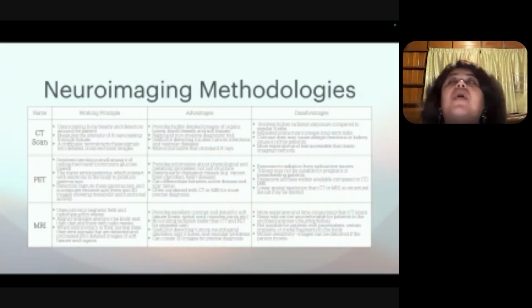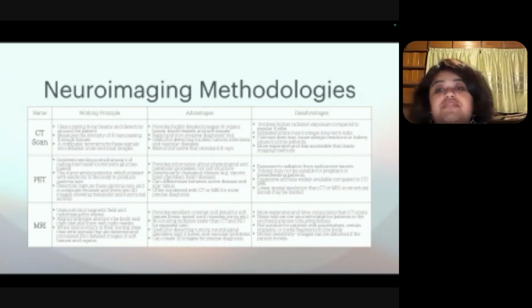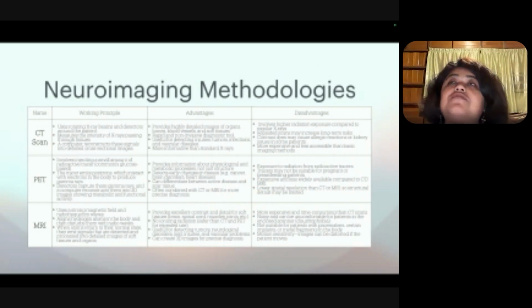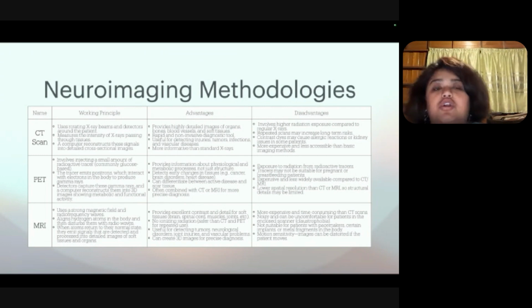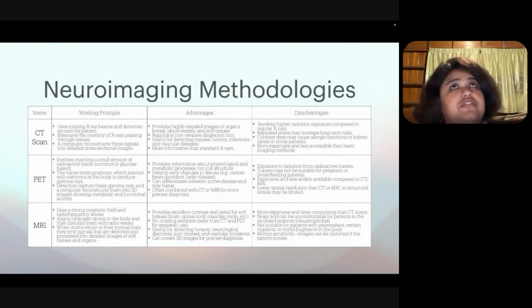Next thing is, what are some neurological methodologies that help us with neuroimaging? So I will go from the historical perspective so that I can tell you about the chronology, because all of these things were invented for particular purposes and they have to be following a particular chronology. For example, the first methodology that I will talk about is CT scan.